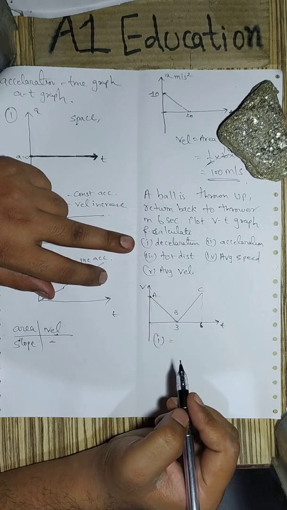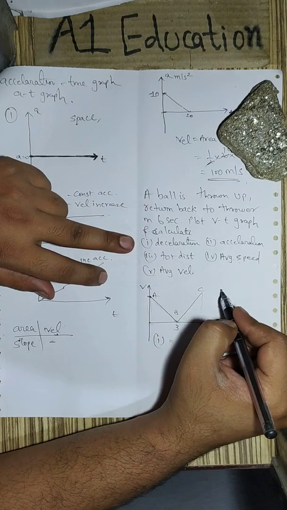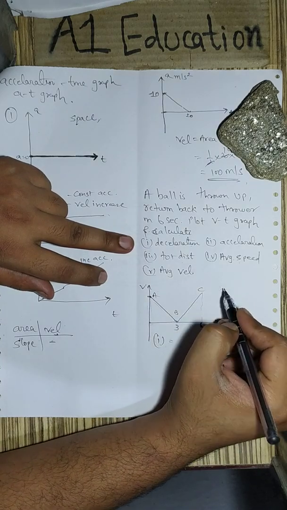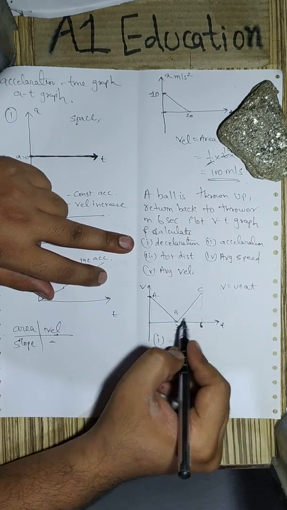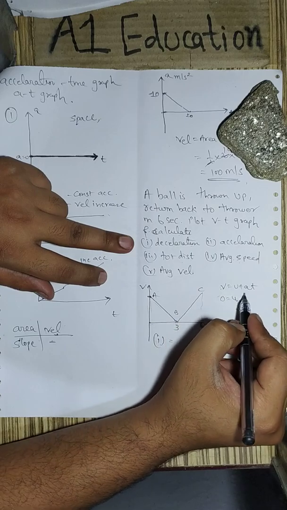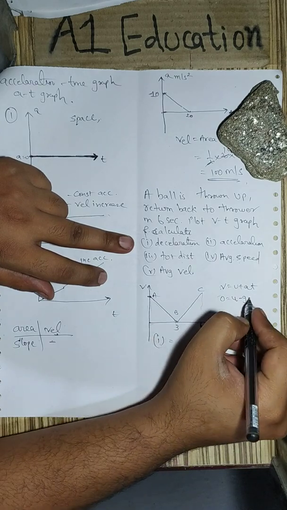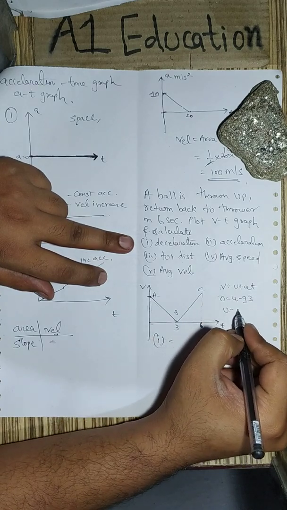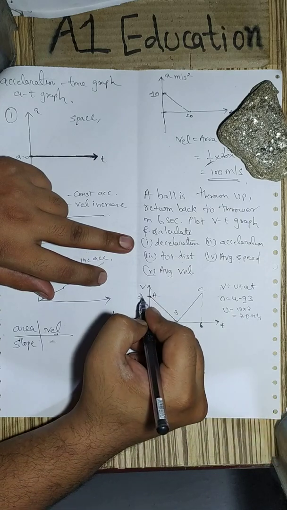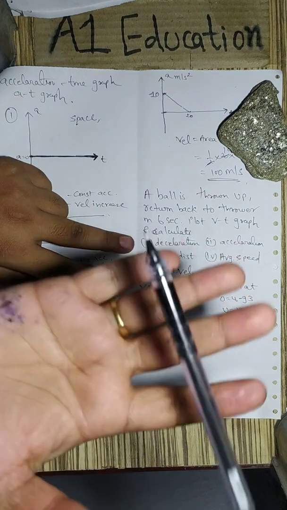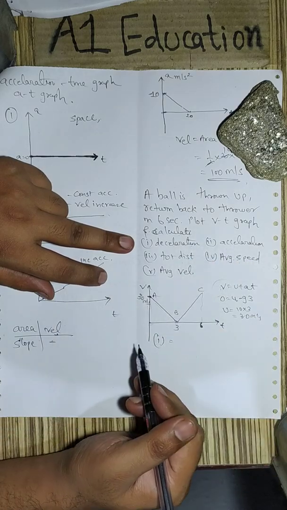How do we calculate this? In order to calculate this velocity, we make use of an equation of motion: V is equal to U plus AT. Final velocity at this point is 0. Initial velocity we don't know. Since the body is thrown up, acceleration will be negative, and time we know is 3 seconds. So the value of U will be 3 times G. If we take G as 10, then 30 meters per second is the initial velocity of the ball. With this velocity the ball is thrown up. However, if you have not understood this part, you can leave it for later.